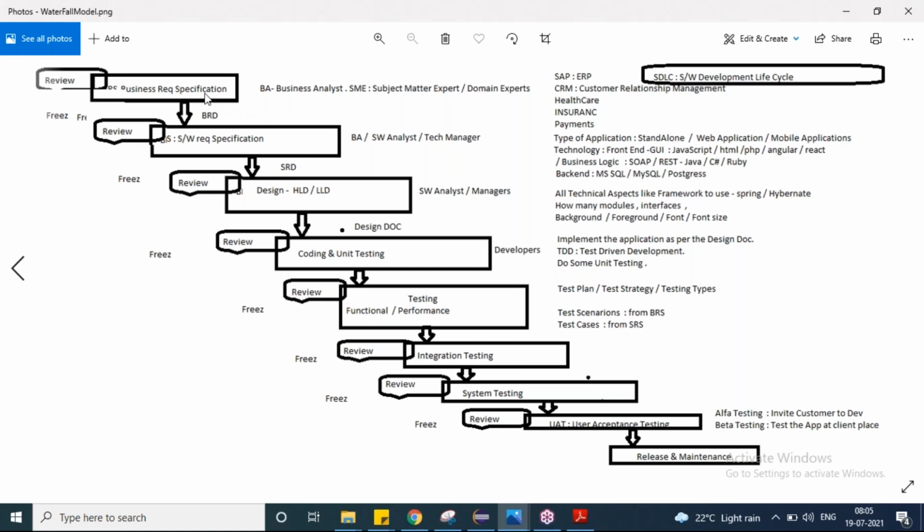In the previous session, we already discussed the requirement document specification, the business requirement document and the software requirement. So we call it the software requirement specification, or just software requirement, that's all.